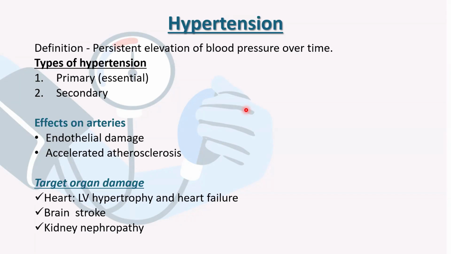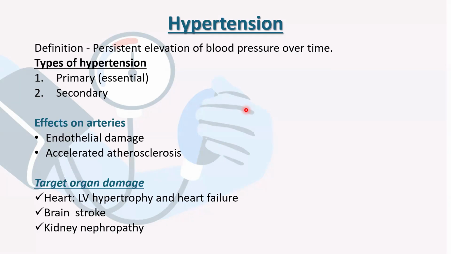Once you narrow down the blood vessels, you are increasing blood pressure, and the cardiac output is being forced. So that's a secondary cause. Most of the time, primary hypertension's cause is not known, but secondary is caused by other diseases